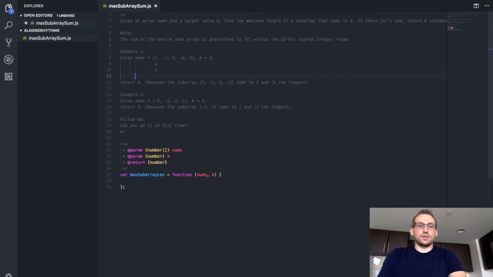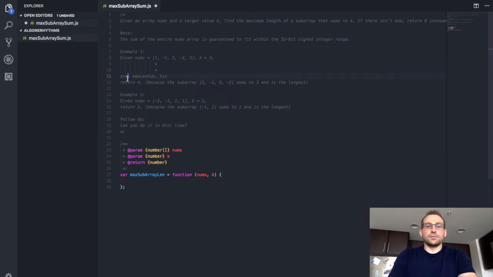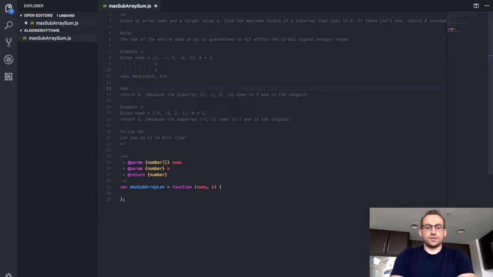So underneath here we can say we'll keep a sum variable, we'll keep a length variable, like max length subarray variable, and we'll keep a history object, right, which is going to take down all the histories. And at every index here, we're going to keep updating the sum. So as I mentioned in the video, if we have our sum variable here, initially it's going to be 0, then it's going to become 1, then it's going to become 0, then it's going to become 5, then it's going to become 3, and then it's going to become 6,